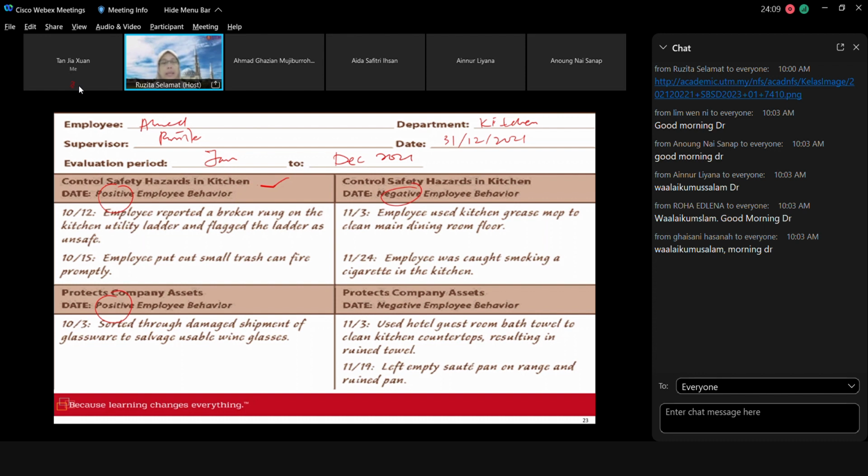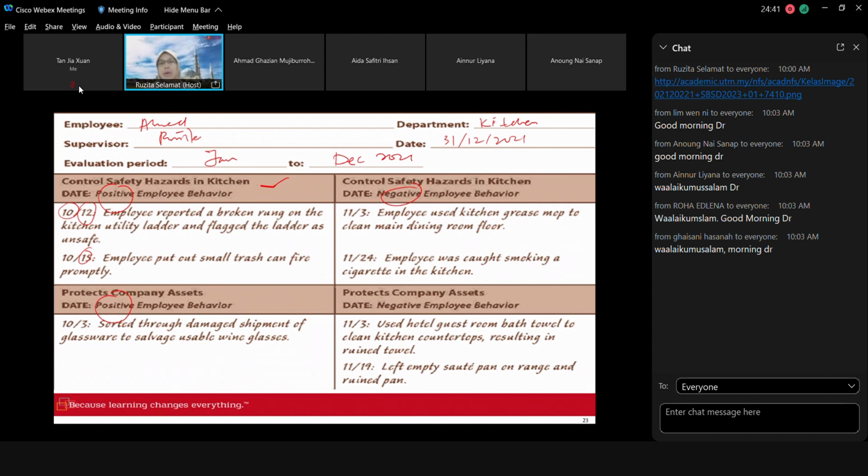Date, and the explanation or statement on the positive behavior. Okay, so let's say on 12 October, right? So this is the US. They put the month first, then only the date. So that is October 12. This is October 15. Right, on October 12, the employee reported a broken rung on the kitchen utility ladder and flagged the ladder as unsafe. So this is one good behavior displayed by the employee,